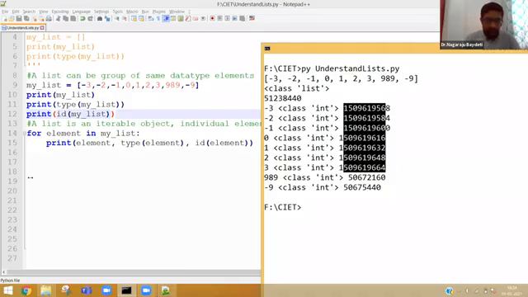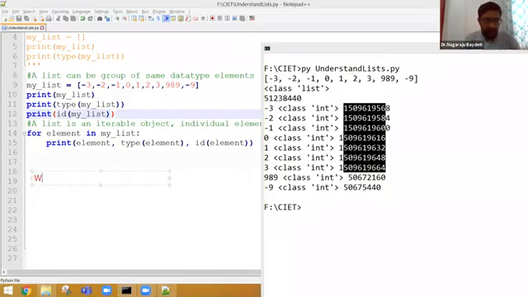See, when we define my list with the values -3, -2, -1, 0, 1, 2, 3, 989 and -9.